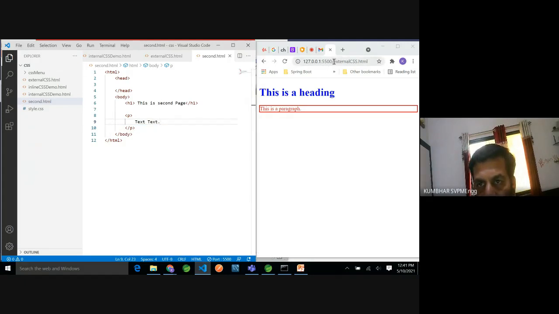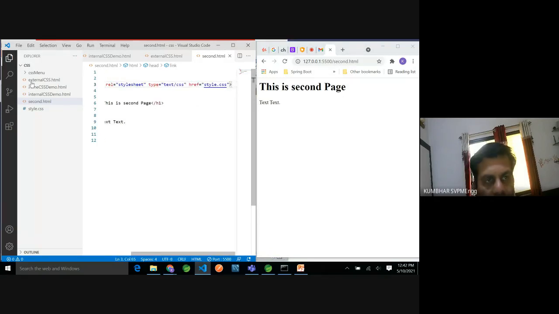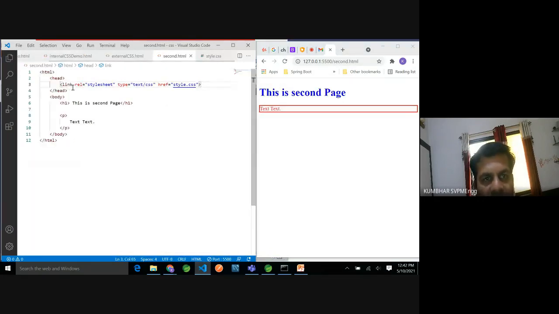For that I have to go to the browser and write second.html. So this is the second page and text. Fine. So now there is no style, but when I include this line, I link the external style sheet, it is applied here. So now I don't have to repeat h1 and p in every